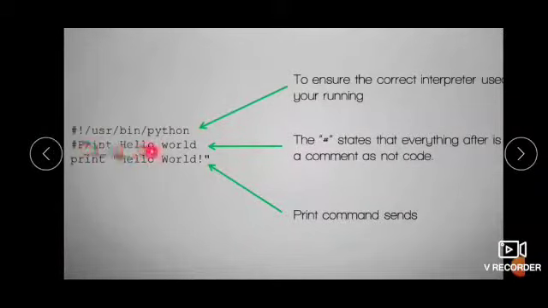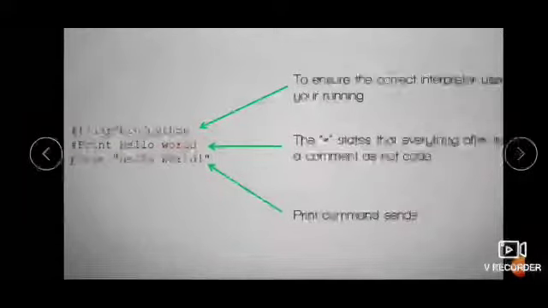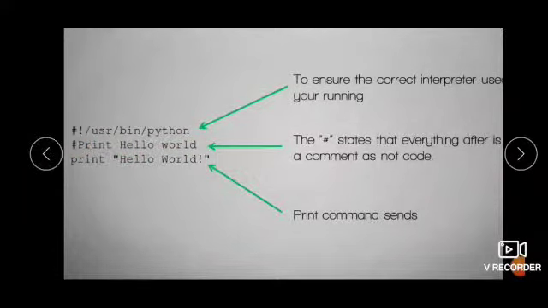Then we are writing a message, print hello world. You know that hash is used for writing comments, right? Whatever it follows after the hash will become a comment. So now this is a comment which says the program is to print hello world, and this is the actual program code, only single line. So here this line print hello world will print the message.